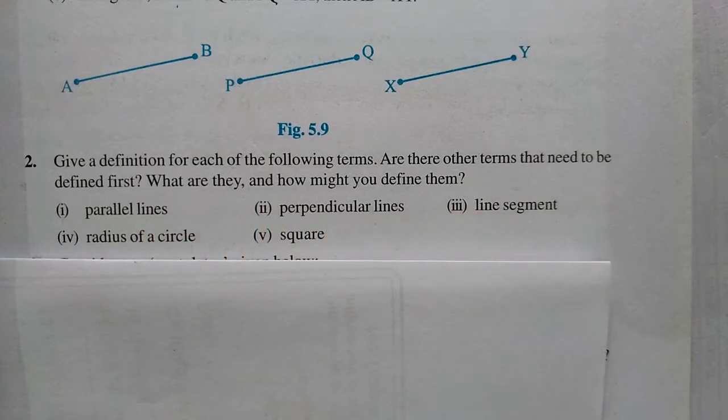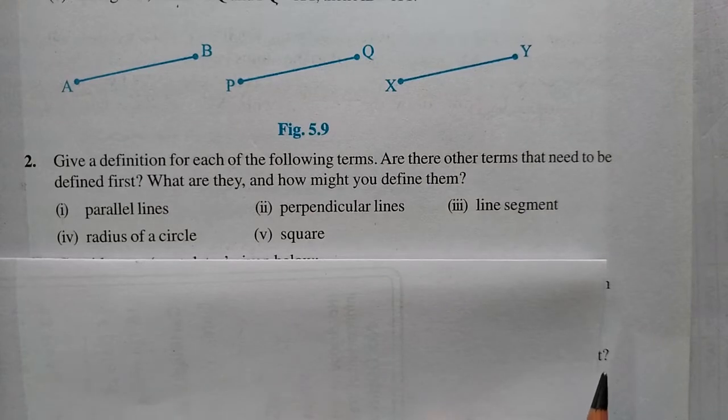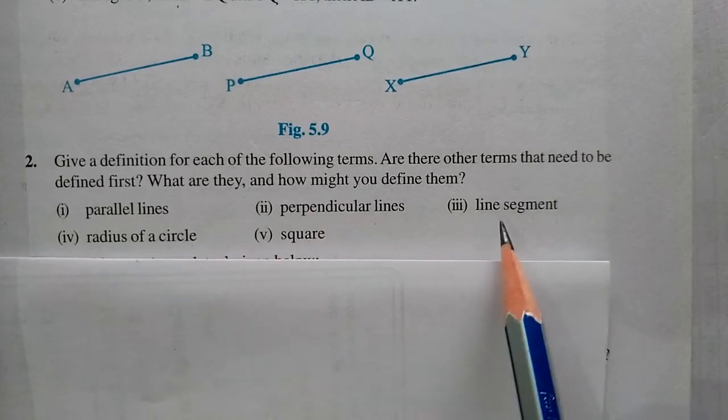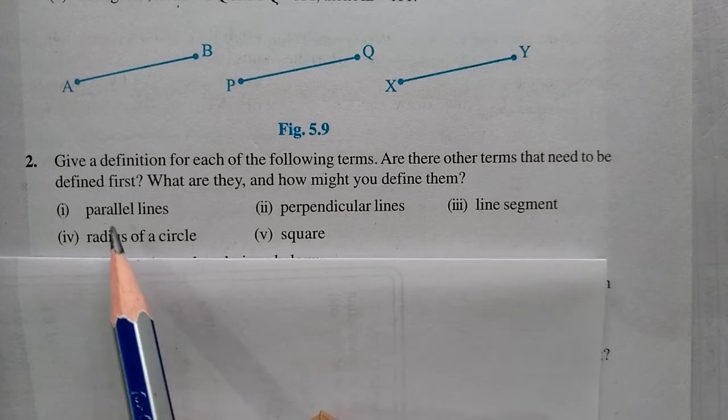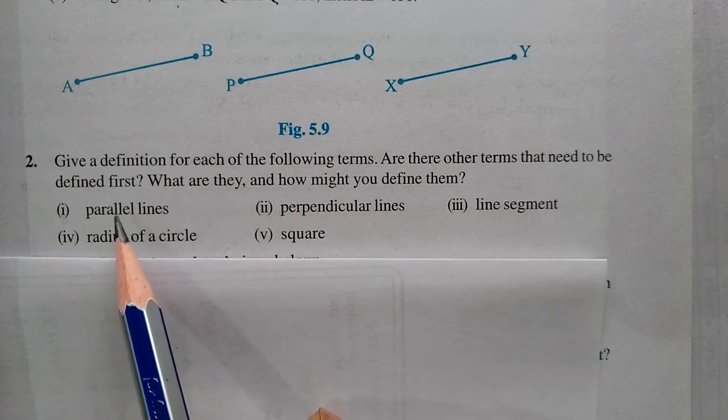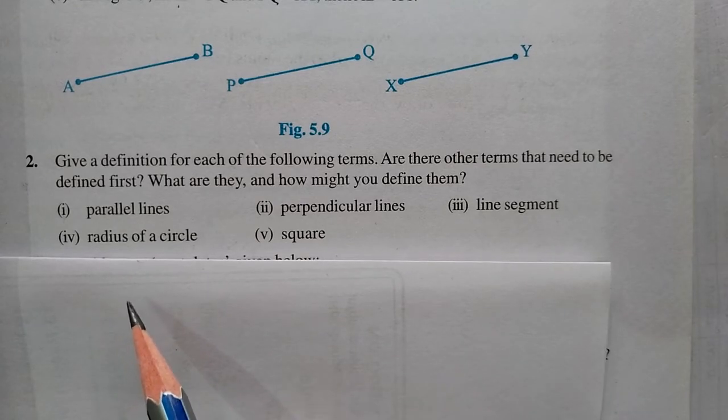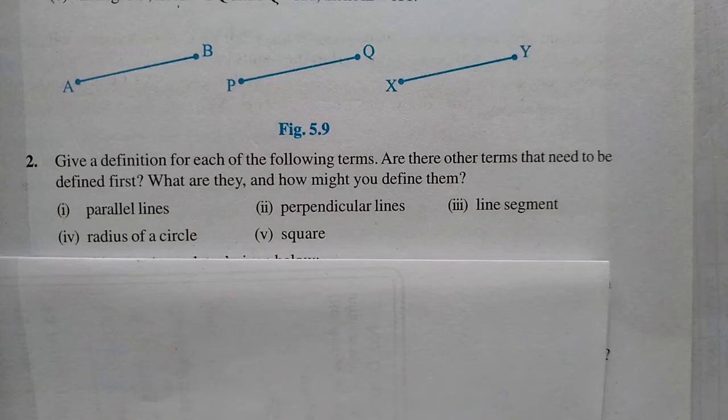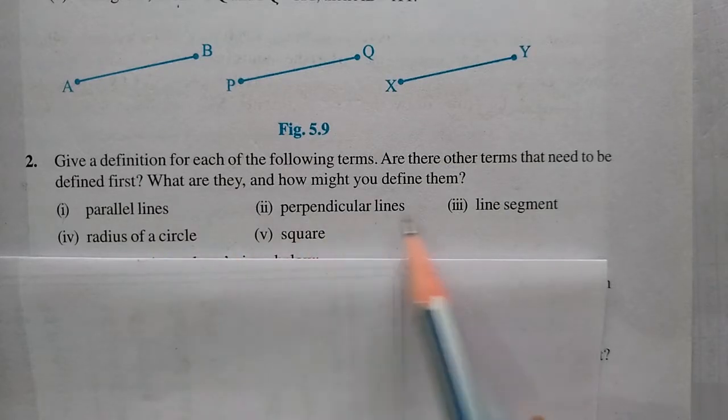Now children, these details are a little bit difficult, and we will discuss these points only because these are very important. Suppose we take parallel lines, so it needs line, point, all these terms, and all these are undefined terms. So we will not discuss these undefined terms because they are already discussed in the textbook, and I also explained why they are undefined terms. Now we will discuss these definitions only.